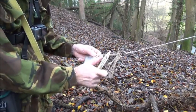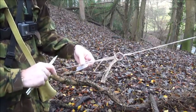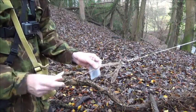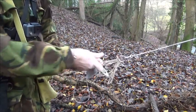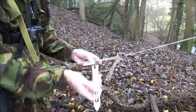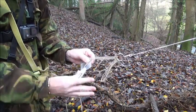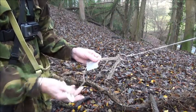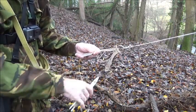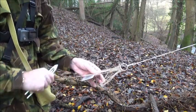Up behind the mesh measure, up through the mesh, pinch the twine, the needle down and to the left of the mesh, and then back through the loop and pull tight. Second method is up behind the mesh measure as before,